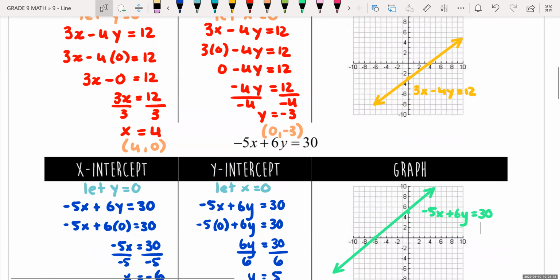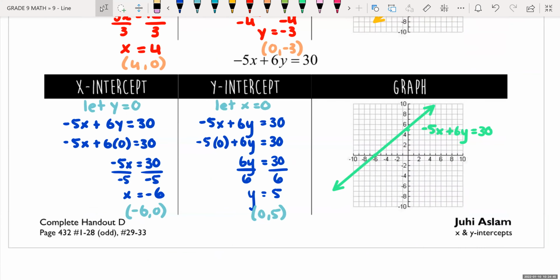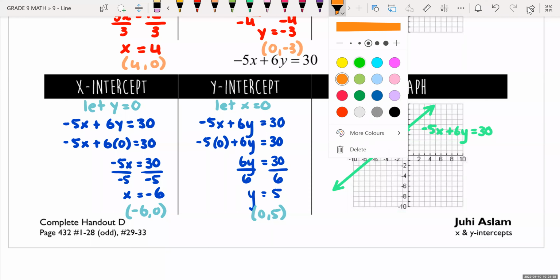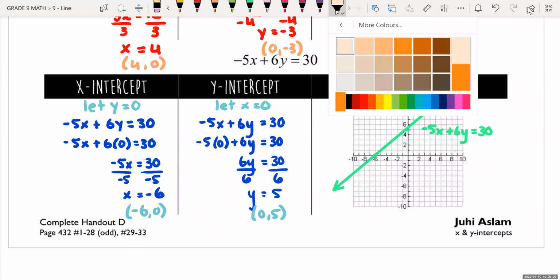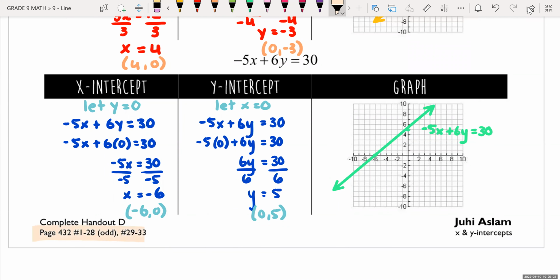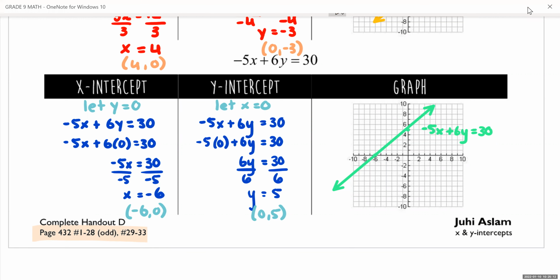All right, so I thought 2 examples would be fine for that because really everything is exactly like this. There are textbook questions for this. So if you wanted, you could start off with the textbook questions or you could start off with the sheets that I've attached. I'm going to go over everything so you guys know exactly what to do for homework. Your textbook questions are page 432, numbers 1 to 28, just the odd ones. So 1, 3, 5, 7, and then 29 and 33. And then also I have two